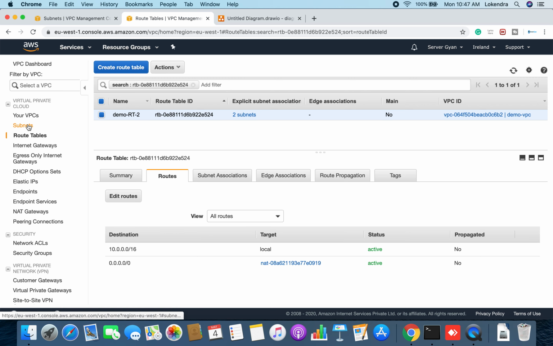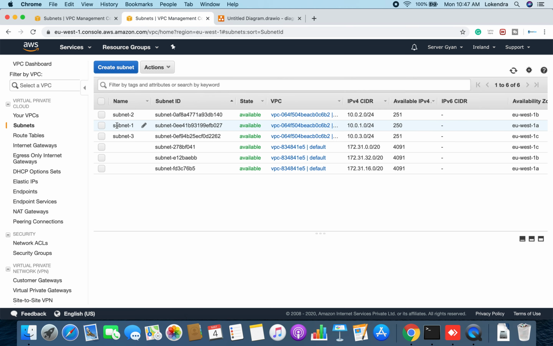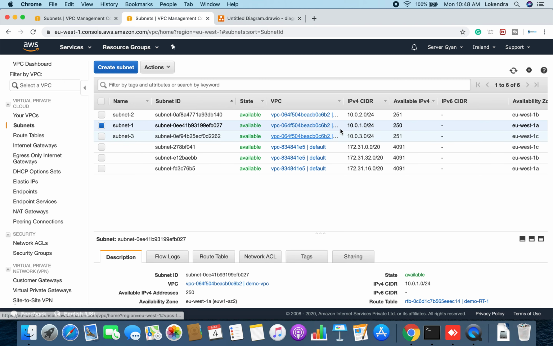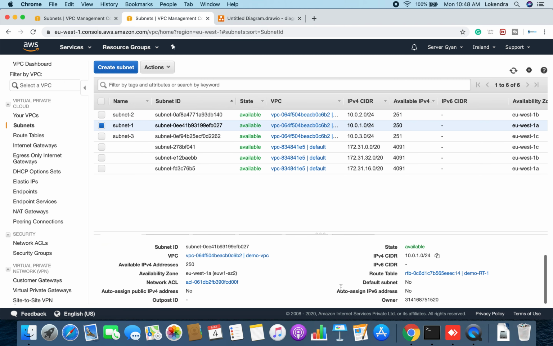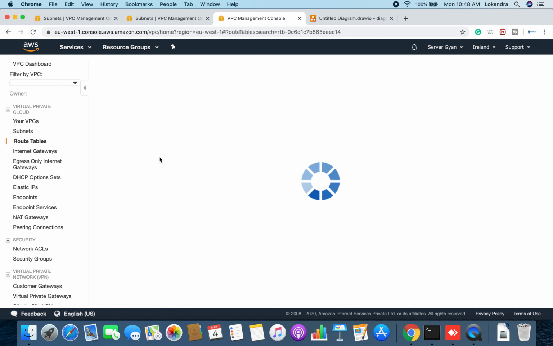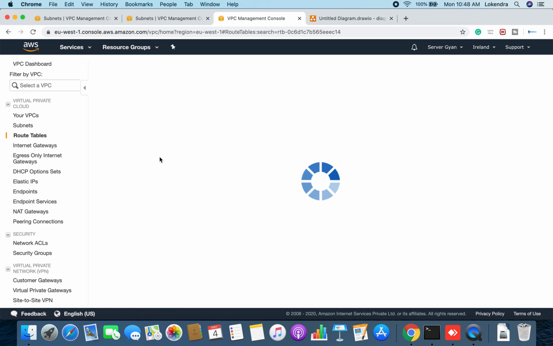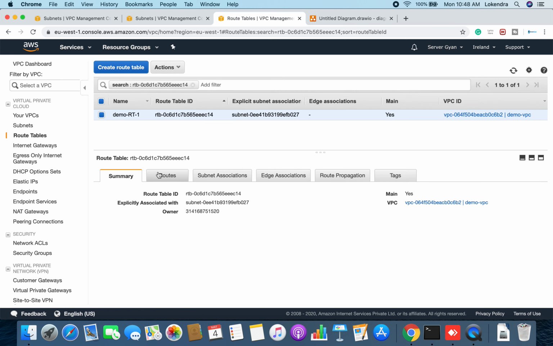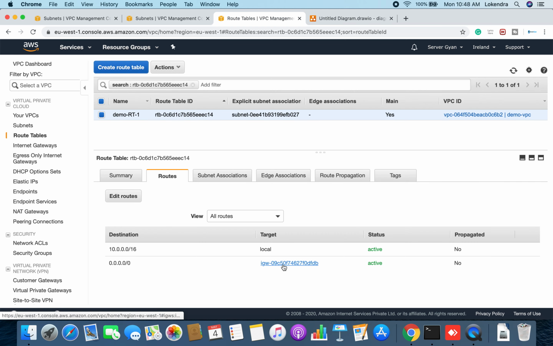Okay. Once again, let us go to another subnet. Let us select this one, subnet 1. So this is 1.0. Where do I need to go? I'll need to go to the route table. I will go here. I will check the routes once again, and after checking the routes, I shall be able to figure out what type of subnet it is, public or private. So I'll go to routes. I can check it is associated with the IGW. It means internet gateway, which means this subnet is public.